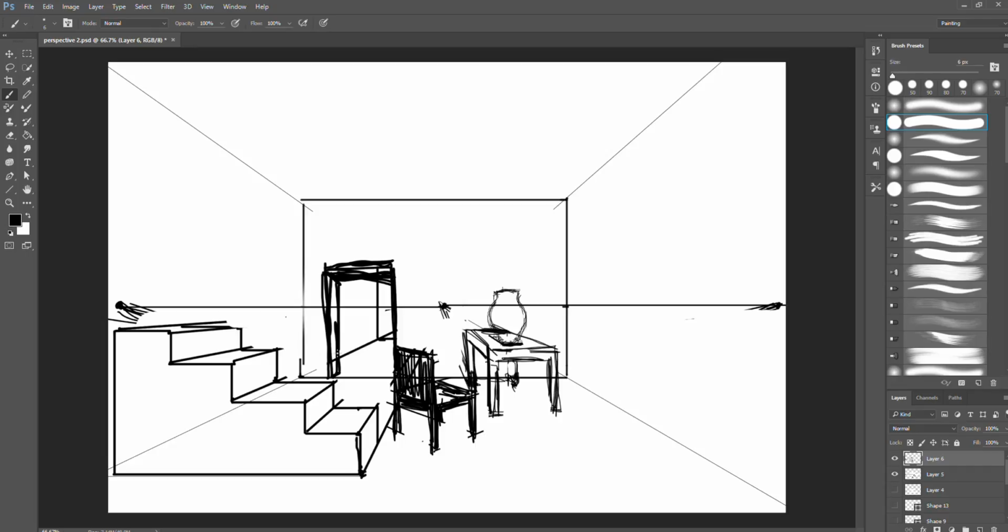A rectilinear object in 1-point perspective, another rectilinear object in 2-point perspective, which for me was the table and the chair, something with an ellipse in it. For me, that was the vase. It could be a chandelier, anything that's sort of circular, a hole into another space, and a staircase of some